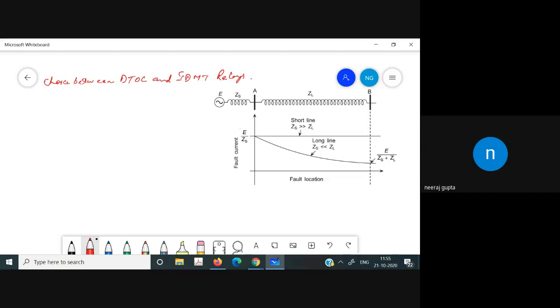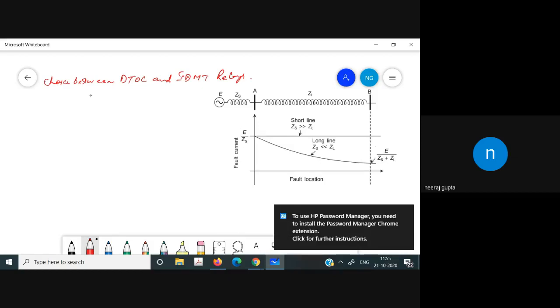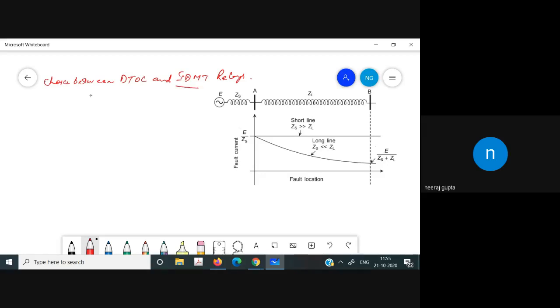In the last lecture, we discussed these two relays, and how we have to do the setting of these relays. We also discussed that IDMT relays offer significant improvement in fault clearing time over the DTOC relays. A question often arises: if that is so, then what is the need of the DTOC relay as compared to the IDMT relays? There are certain situations in which the IDMT relays are not economical, and they do not offer the significant advantage as compared to these DTOC relays.